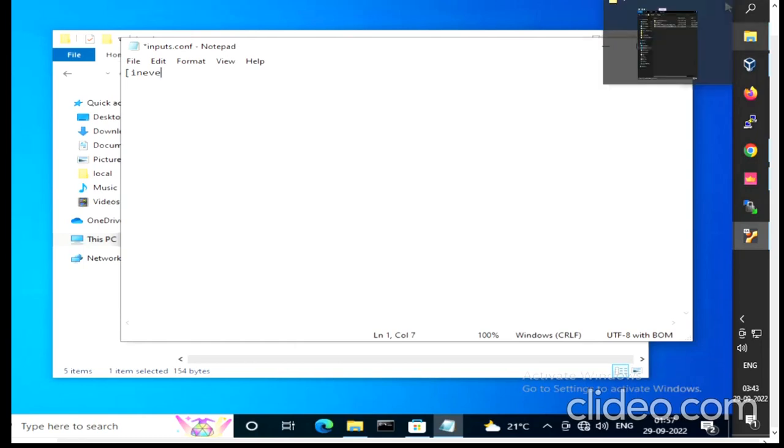Once again, so we have to write a command which will be win event log secure security,